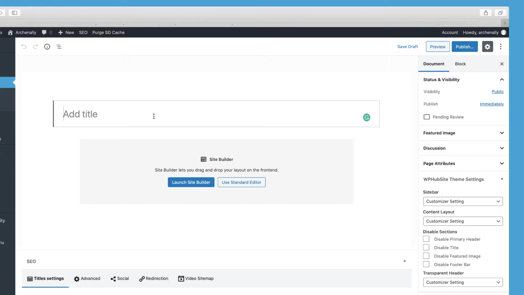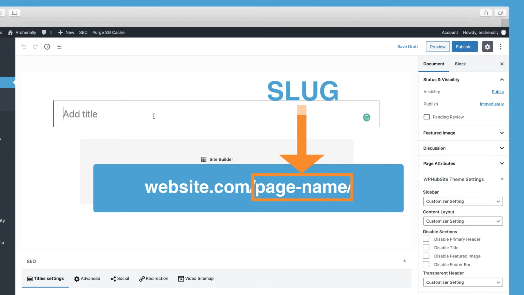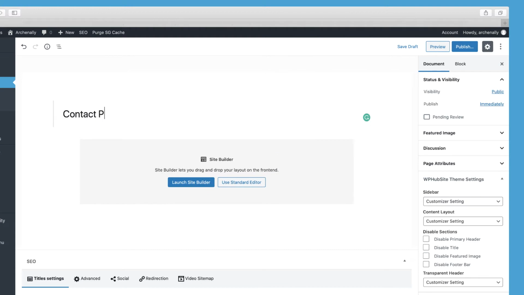So before you do anything, you have to name your page. This is going to help you refer back to it later if you need to open it. It's also the title of your page, and WordPress creates a slug out of your title. Now the slug is what creates the URL of your website. So if the slug is contact, then your page is going to be your domain / contact. So here I'll name it contact page, and you'll see that if I save the draft,